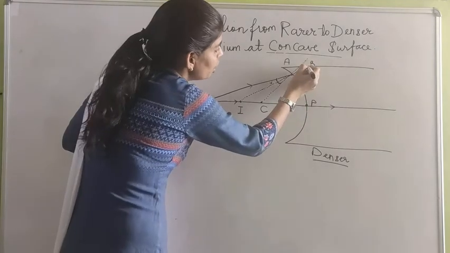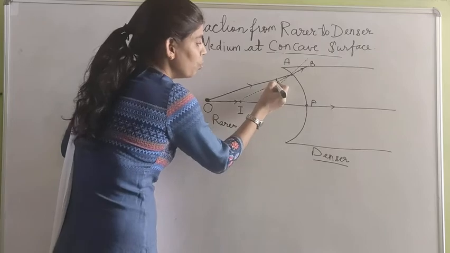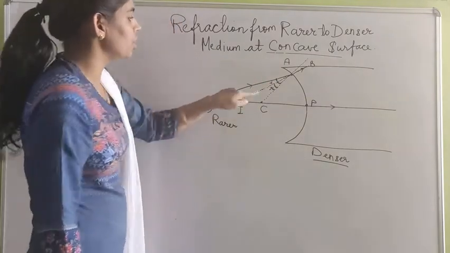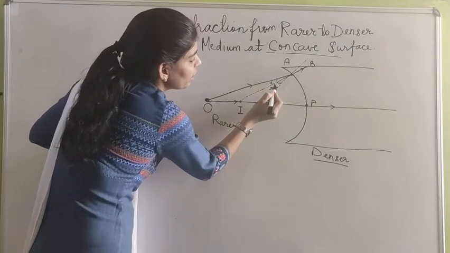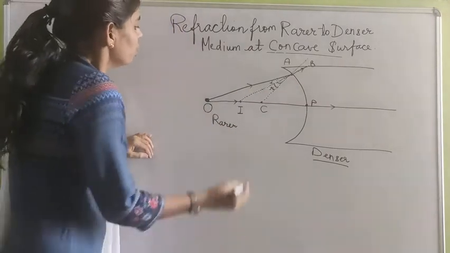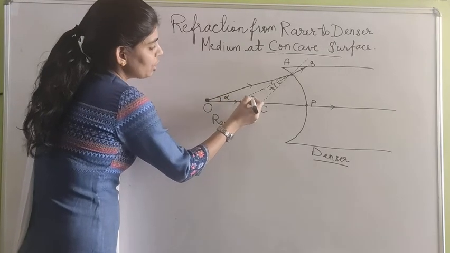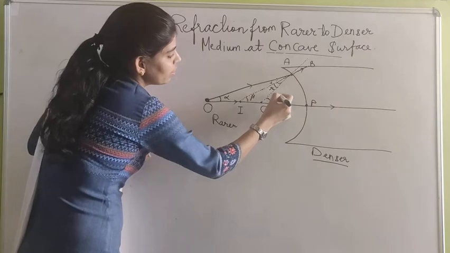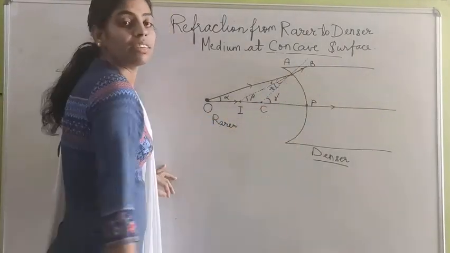आप यहाँ पे देख सकते हो refracted ray को हमने पीछे की तरफ प्रोड्यूस कर लिया है. So this is the refracted ray, this is the normal. So let us give it a name. This is angle of refraction. This complete angle is angle of incidence, and this small angle is angle of refraction. Now the angle with the object is known as alpha, with the image is known as beta, and this angle is known as gamma. Now simply we have to apply Snell's law at A.